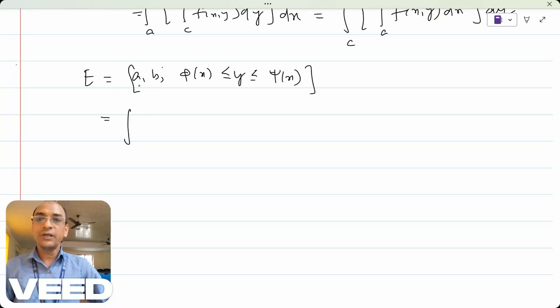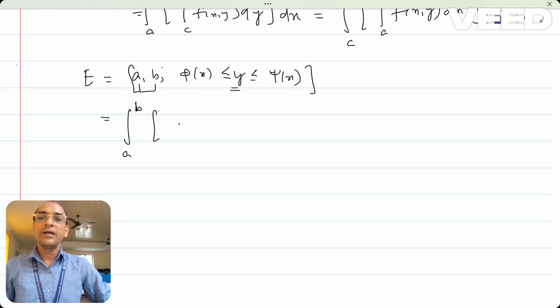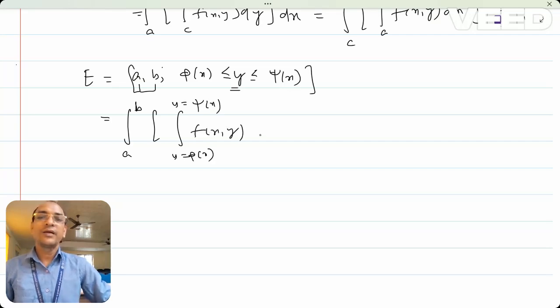So the outer integral will be with respect to x, inner integral will be with respect to y. So the limits of x are a to b, and limits of y are y equal to phi of x to y equal to psi of x, and f of xy dy